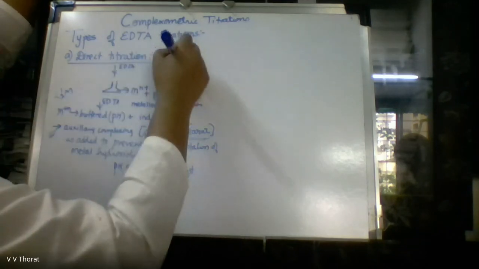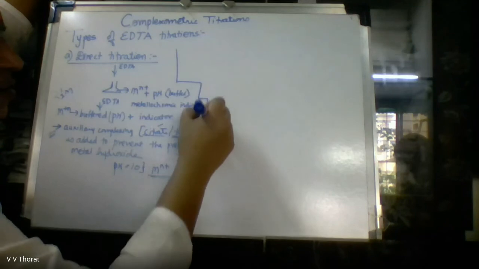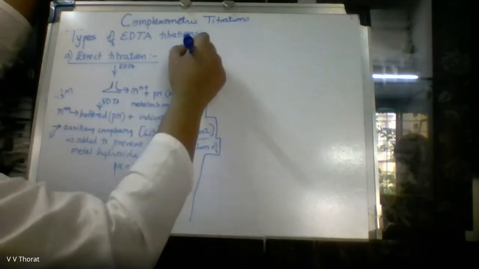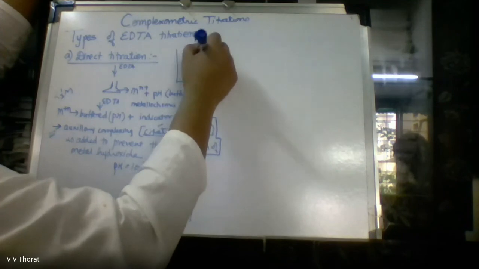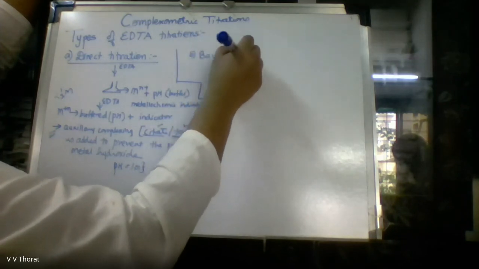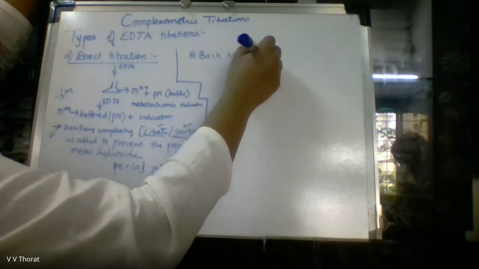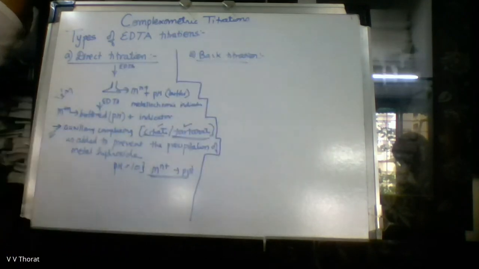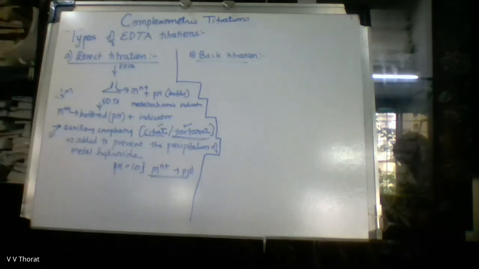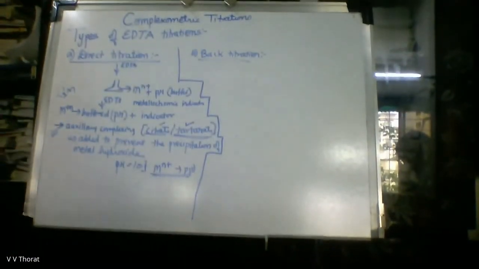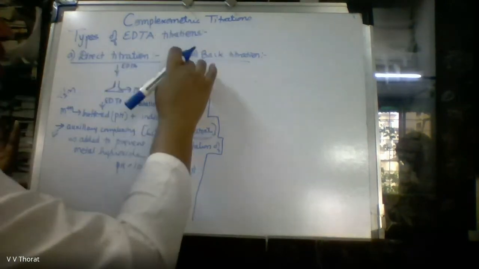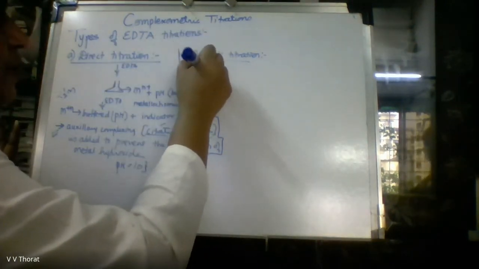Next. Next is your indirect or the back titration. So indirect, or I can write back titration. Now what happens is, मैंने इतना easy लिखा है, metal ion titrated against EDTA. It is not that easy. It doesn't become applicable in all the cases. So I will write, direct titration cannot be carried out